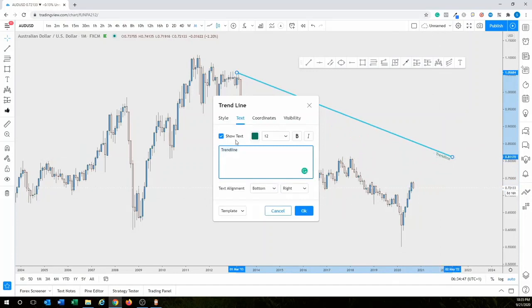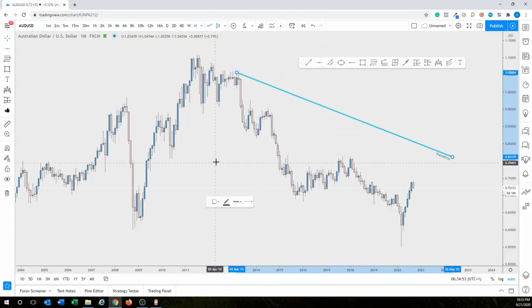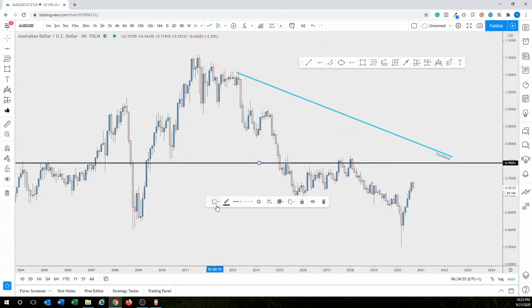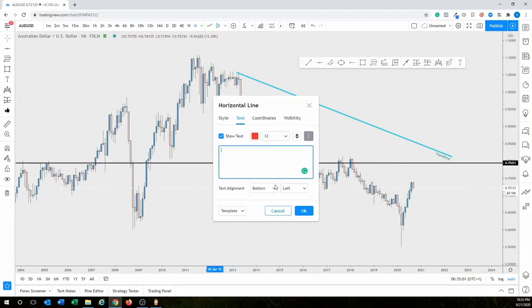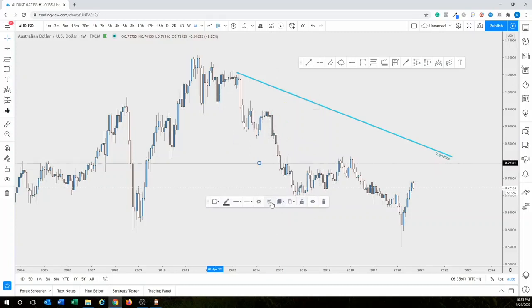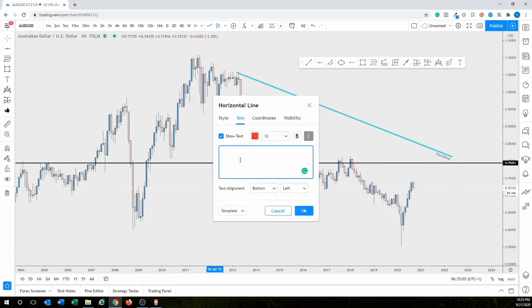You can put little notes, for example, when we're drawing support and resistance lines, say this is a monthly support line. You can also hit this little gearbox. Either you can double click it, or you can hit this gearbox, and under text, you can type in monthly support,